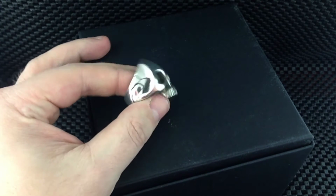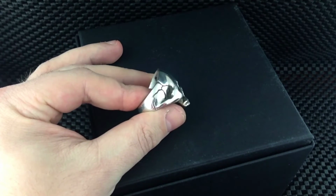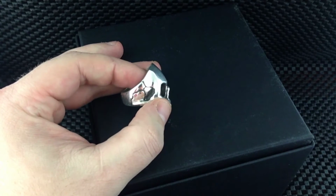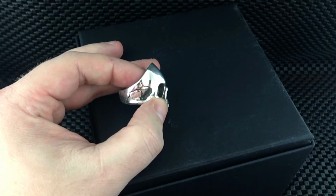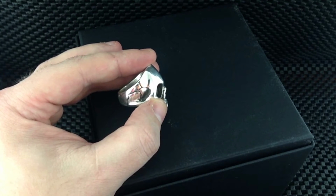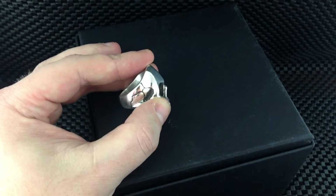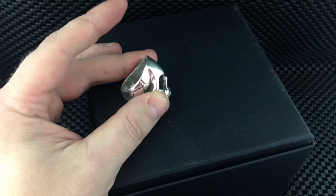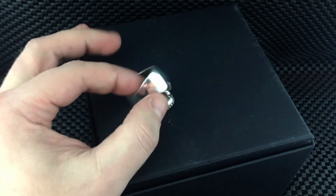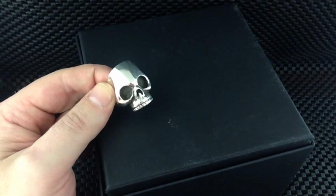This one is from maker MT Maloney. His name is Matt. I don't want to say this incorrectly because I can't remember offhand, but I want to say he's out of Georgia. Matt, if I said that wrong, I apologize, but I believe he's out of Georgia to the best of my recollection. This model is called the Big Voodoo,